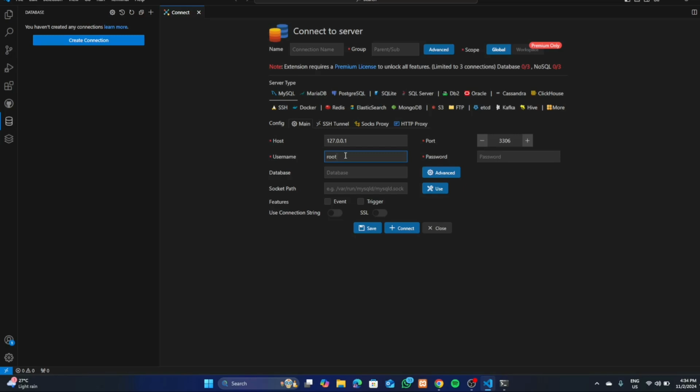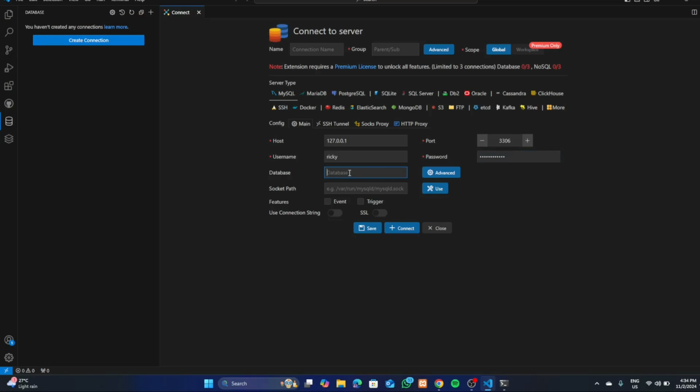The username: this is the username of the account that you want to connect using, normally root. In my case, it was Ricky, not root, sorry, small letters, Ricky. And then there is a password that you normally set during the installation of SQL. That password is the one that you are supposed to enter here. So I'm going to enter mine,